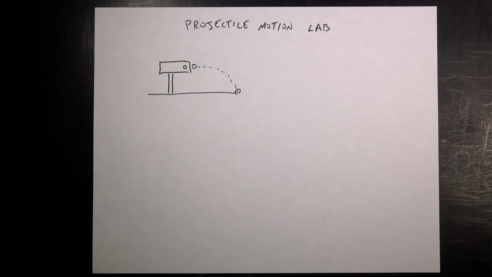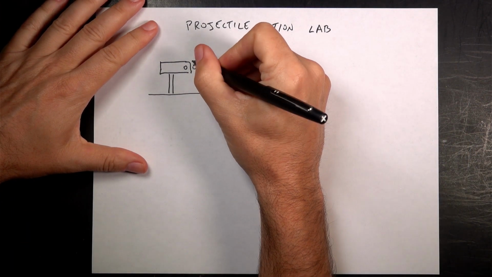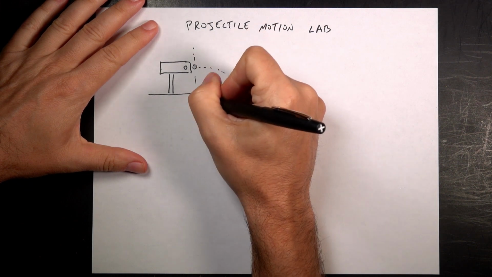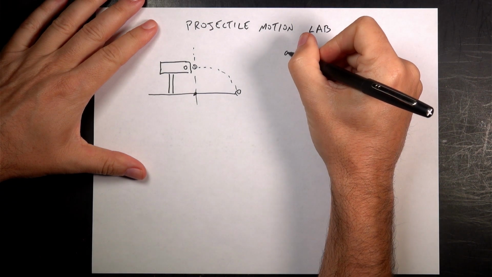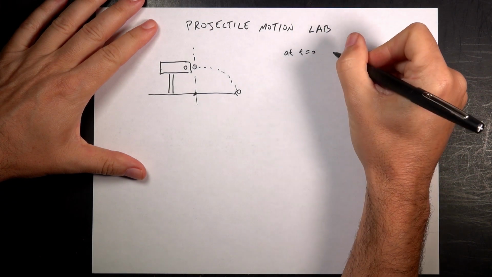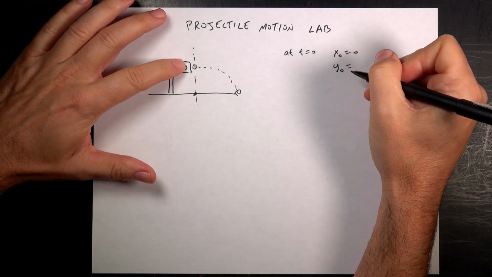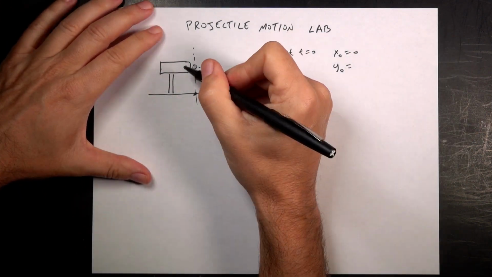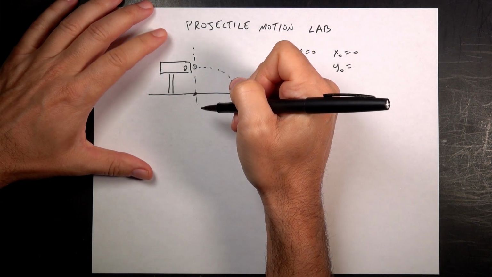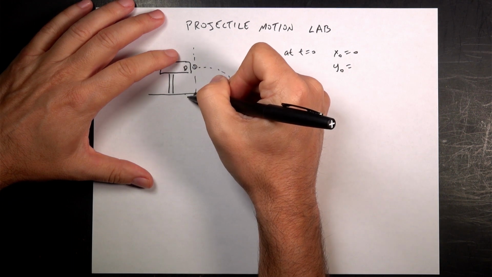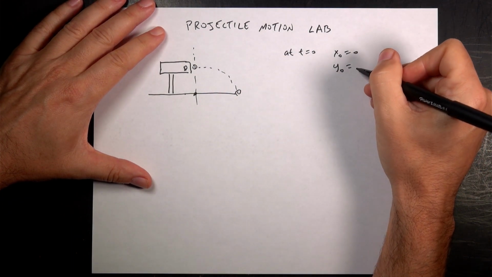So there are 3 things I can measure. Let's call this the launch position, right down here. I'm going to call that the origin. So at t equals 0, x0 equals 0, and y0 equals this distance above here. Also, you'll notice I'm measuring from the bottom of the ball to the floor because I want to know how the center of the ball doesn't hit the floor. The bottom of the ball does. Okay, so that y distance, I wrote it down, is